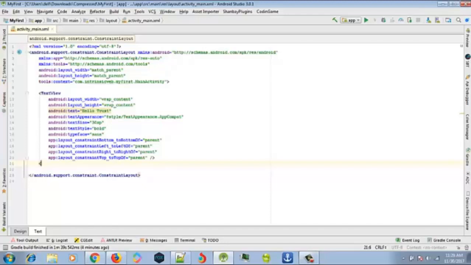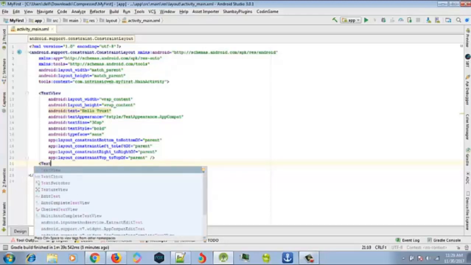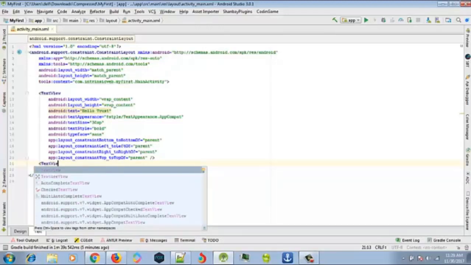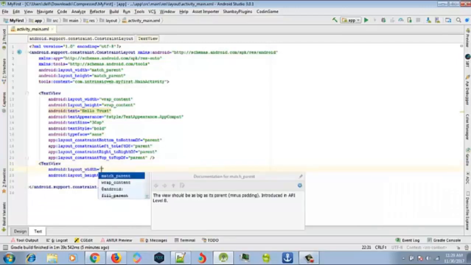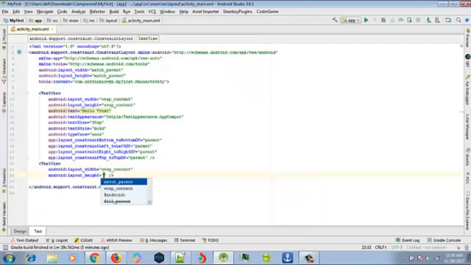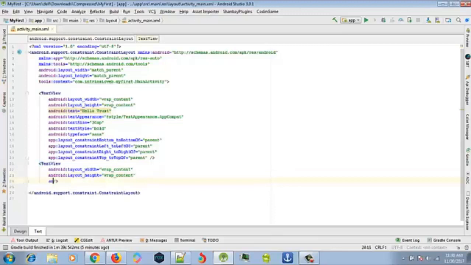Let's say text view. And another fun part of Android Studio is while you're working, it gives you options to select, so it actually makes the work easier for developers, so you don't have to be searching for the word you're looking for. You can easily select the options here. So go ahead and add your Android text. What's going to be text